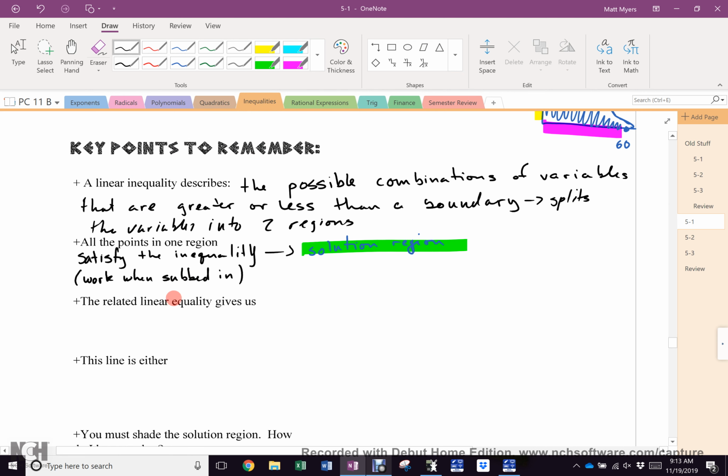The related linear equality. What does that give us? We can put it in slope-intercept form, but what does that give us? That gives us the boundary. The related equality, so y less than x is our inequality, but we need y equals x, the related equality. That gives us our boundary line